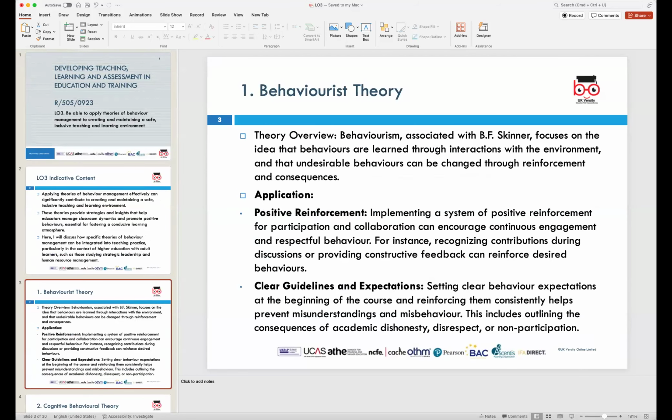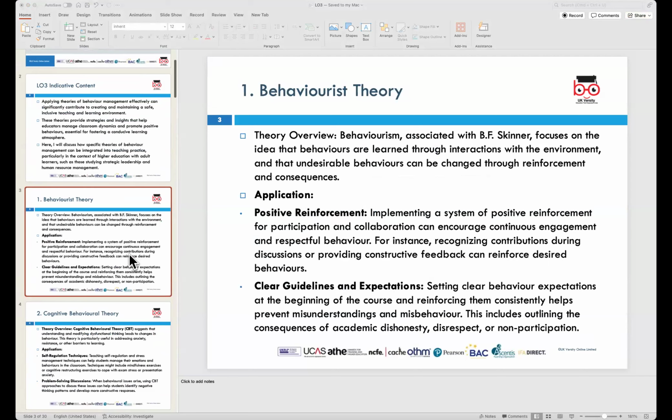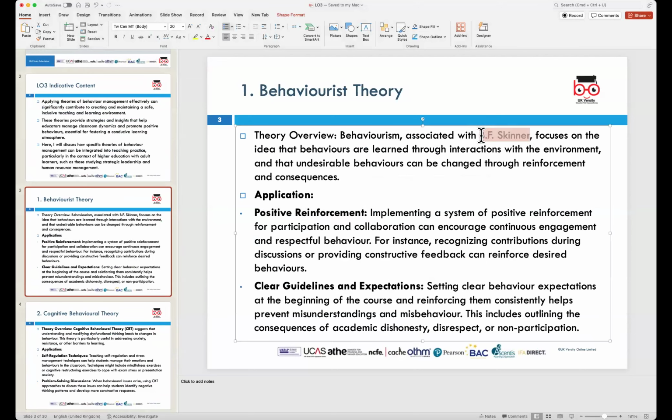Now, there are lots of theories, behavioral theories specifically, which have come up, and there is a lot of work behind them. We start off with Skinner's theory, which is B.F. Skinner, and he, in the early 1950s, proposed this theory of behaviorism within the class, wherein he said that behaviors are learned through interaction within the environment, and undesirable behaviors can be changed through reinforcement